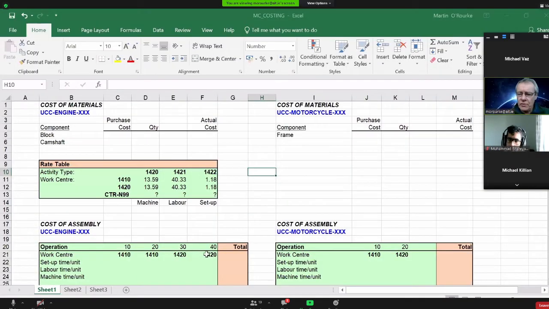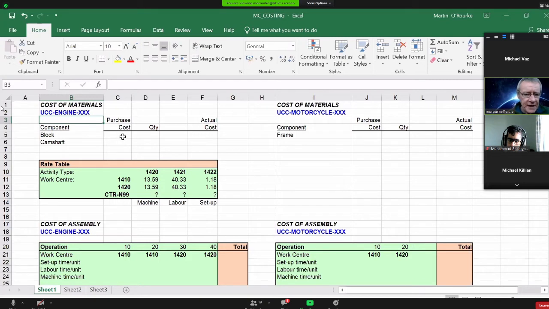So this is the Excel template I have given you on Moodle, and basically I want you to fill that in for the motorcycle. Now, don't think it's difficult. It's not, because everything is labeled. Everything is labeled. I want you to change that to your own 3-digit number, of course. You know, so N whatever,